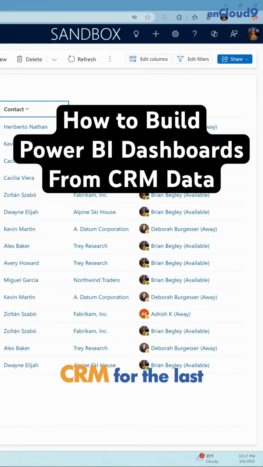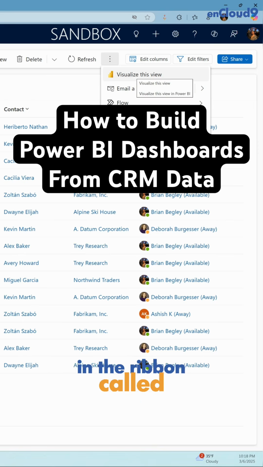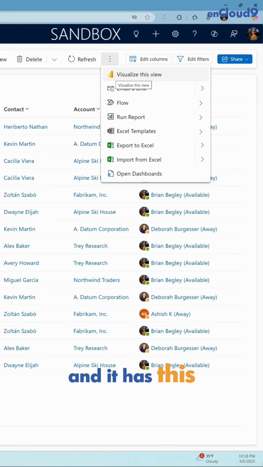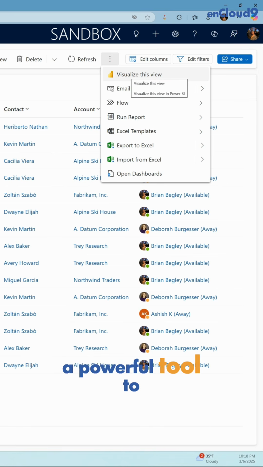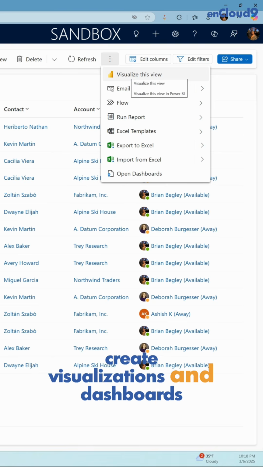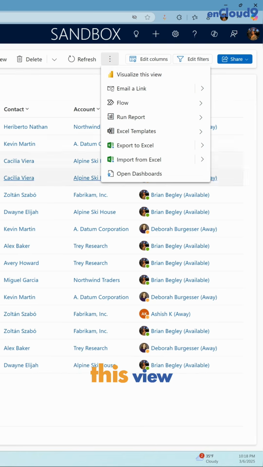If you've been using CRM for the last few years, you may have noticed that there's a button in the ribbon called Visualize this view, and it has this little yellow icon, and that's the Power BI icon. Now, if you've never clicked on it, you're missing out on a powerful tool to create visualizations and dashboards out of your CRM data. So we're going to create one here based on this view,